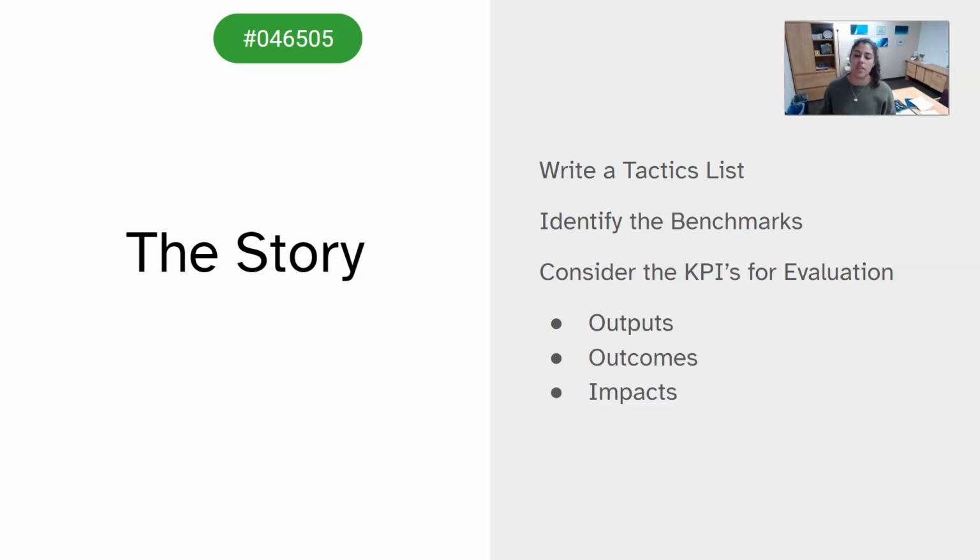And then last, you also want to think about the KPIs. KPIs are our key performance indicators, and they help us evaluate the success and progress of our story. So we can have 3 different types, and we're going to dig way more into evaluation at the end of the semester as you're evaluating what you did with your client. But keep in mind, at this stage, we want to be thinking about what are some KPIs we might want. So outputs are going to be those much more concrete, straightforward, data-driven, traditional things.